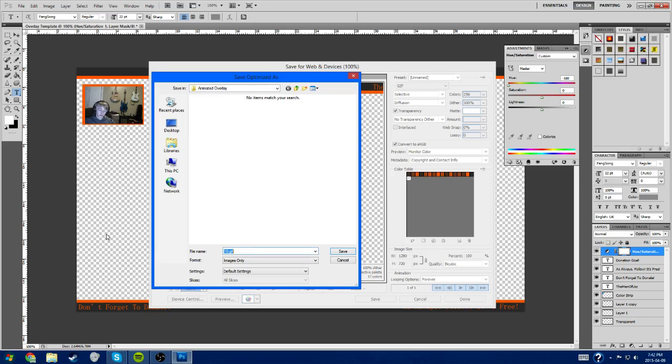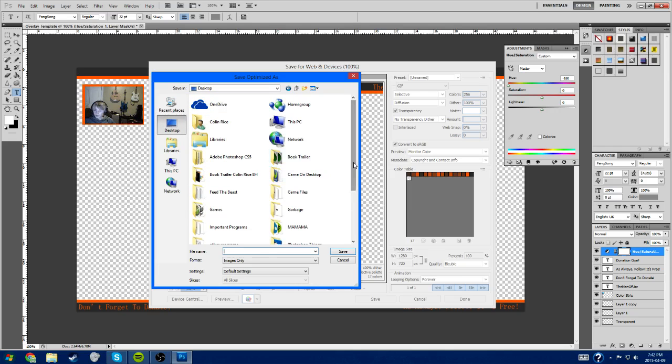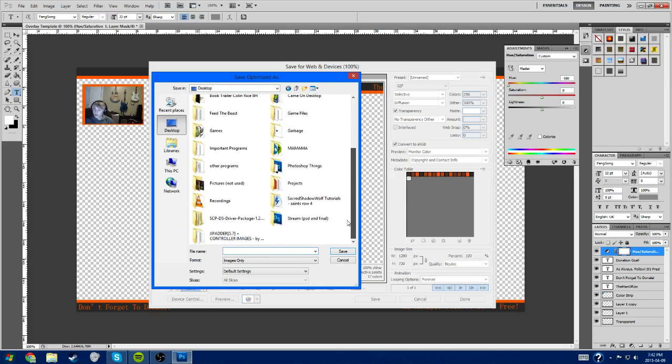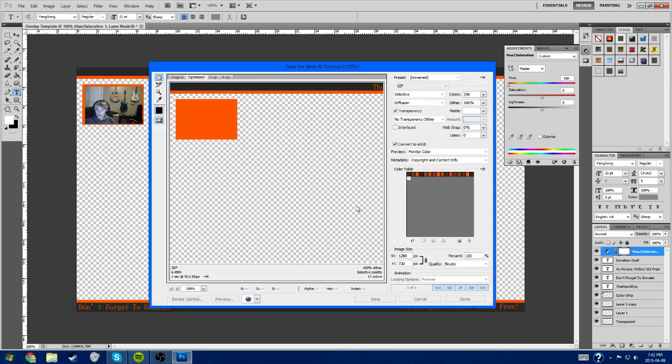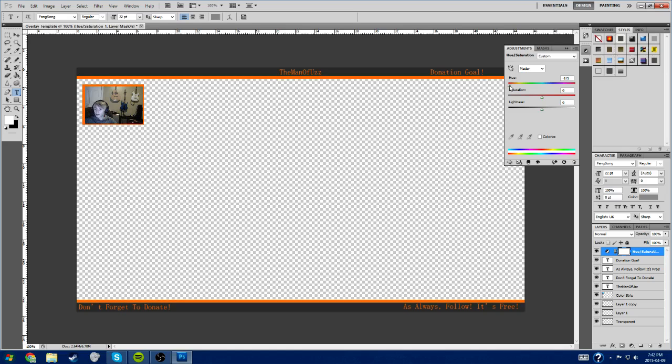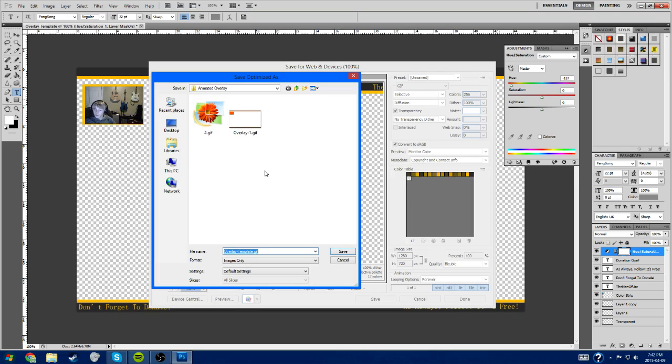So now what you're gonna do is go to your desktop. Now look, I should have a stream folder right here. So I have this animated overlay folder where all my stream files go. I'm going to name this overlay 1. Click save. Change the color a little bit. Control-Shift-S, save,